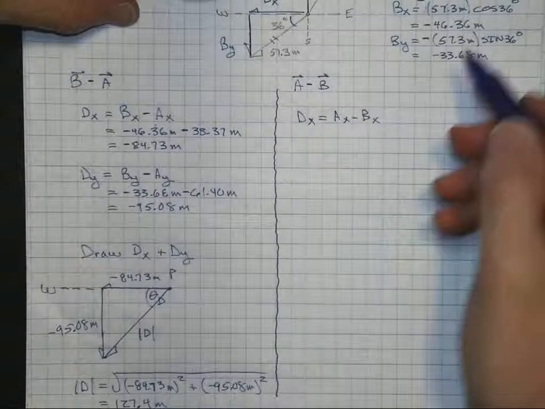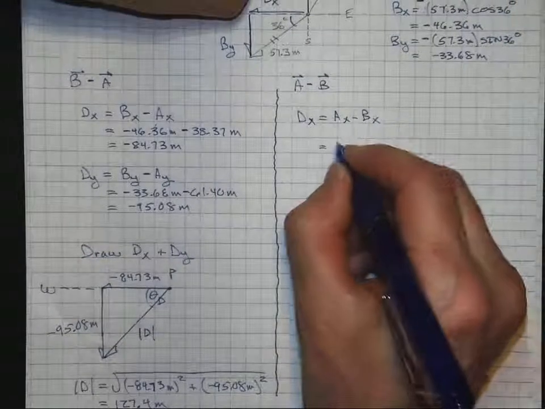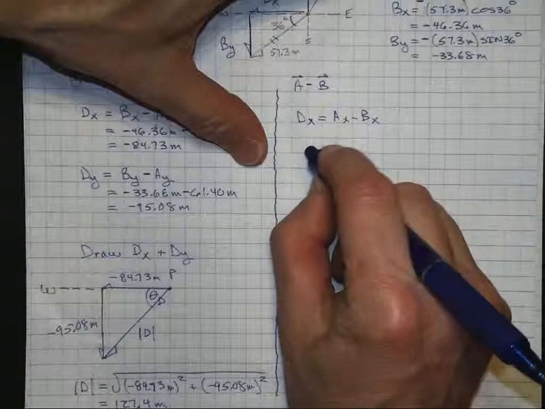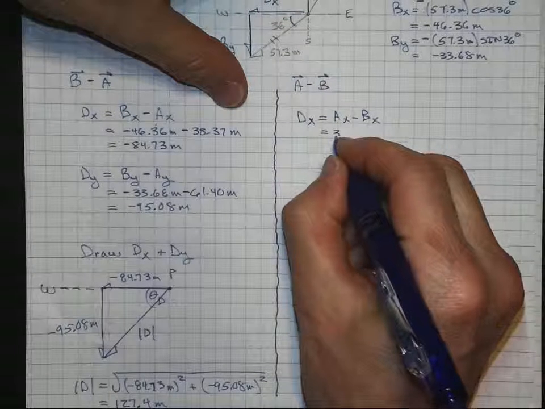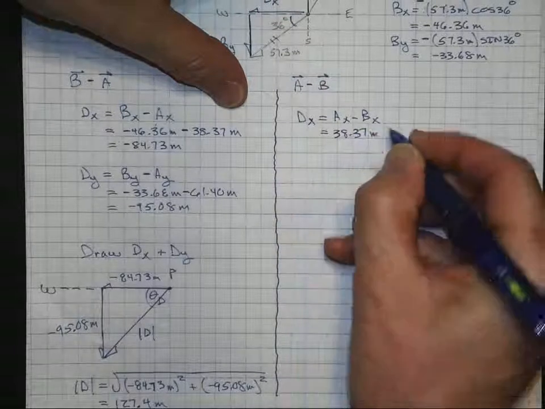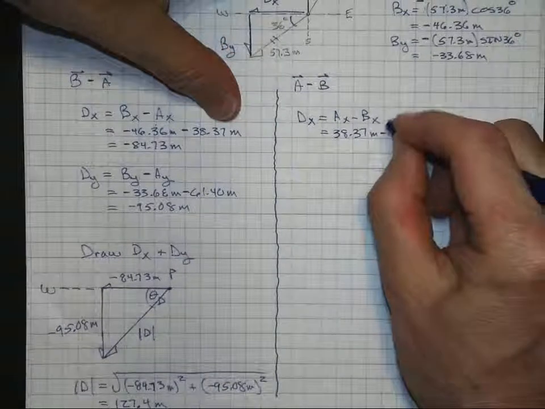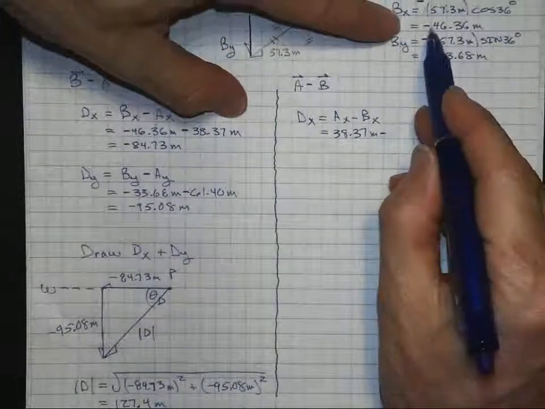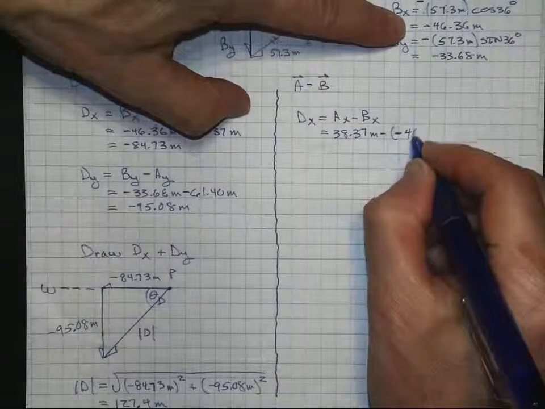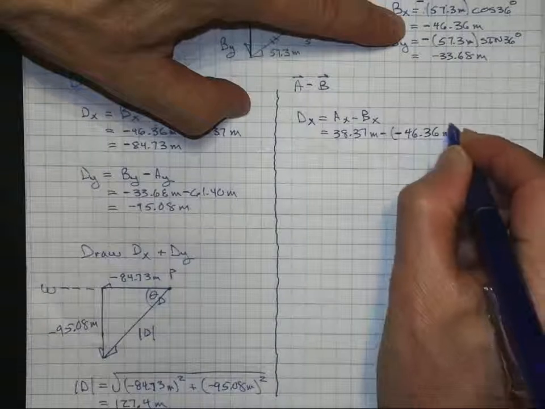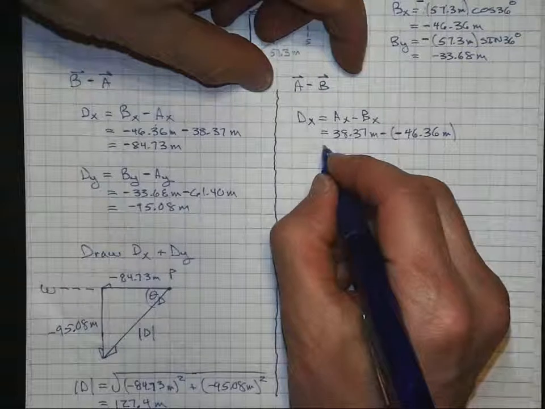And you do it straight up just with the numbers you have. So dx, everybody, is going to be 38.37 meters minus, notice there's a negative for B, so it's going to be minus a negative 46.36 meters. So we're going to be adding here, and we're going to get that this equals a positive